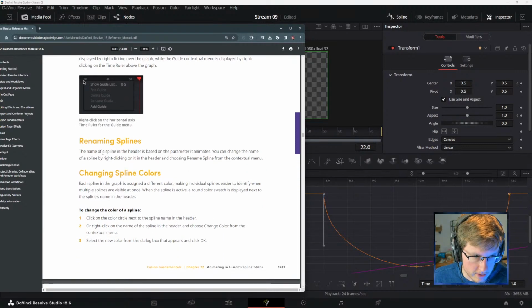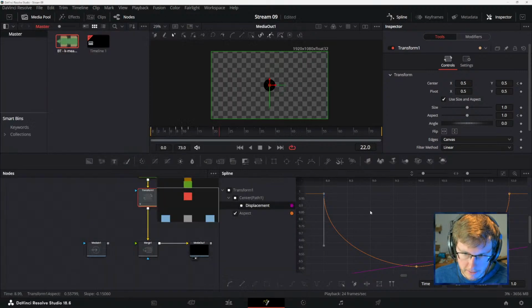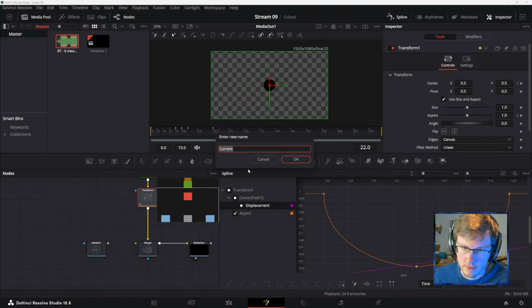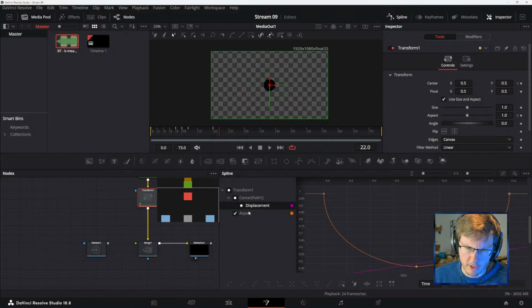Renaming splines. The name of a spline in the header is based on the parameter it animates. You can change the name of a spline by right-clicking it in the header and choosing Rename Spline. So spline, here? No, here? It doesn't seem right.